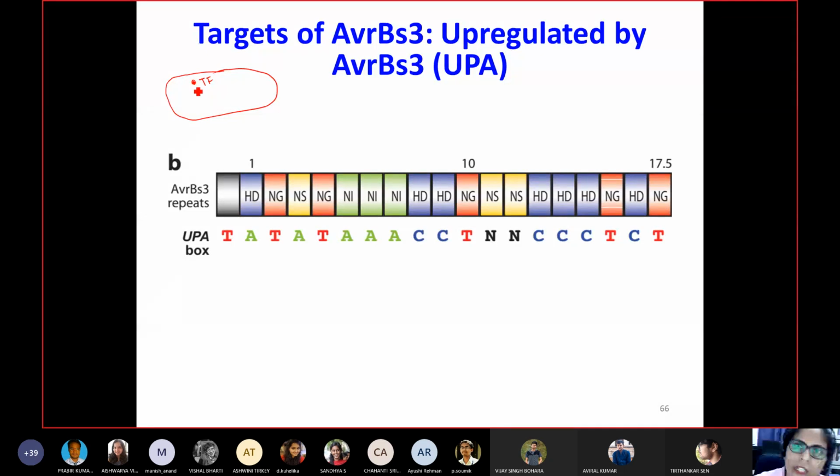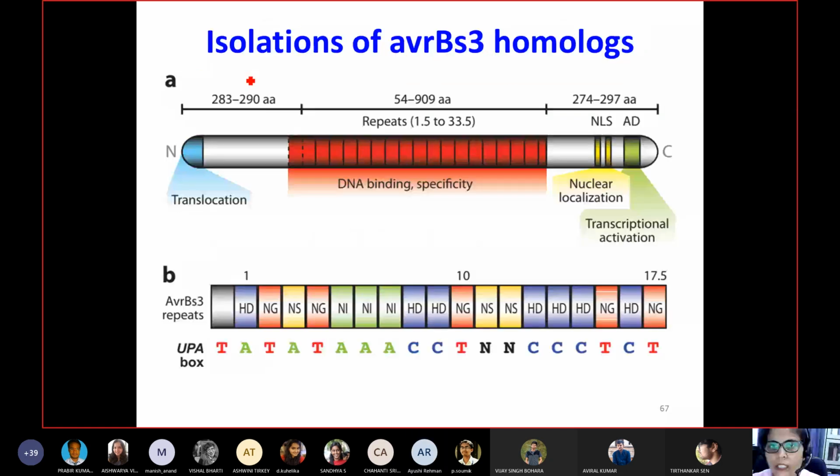Now coming to how the UPA box was found. So basically what they did, initially they infected the cells, and what happened,